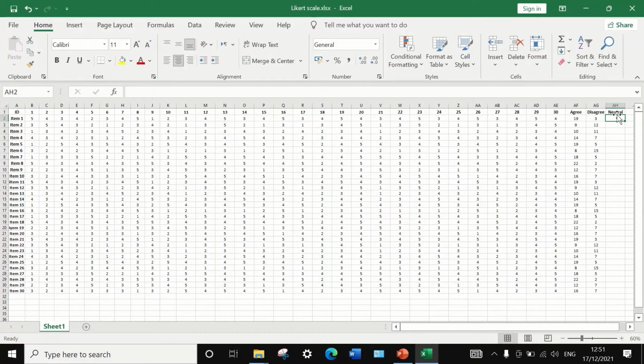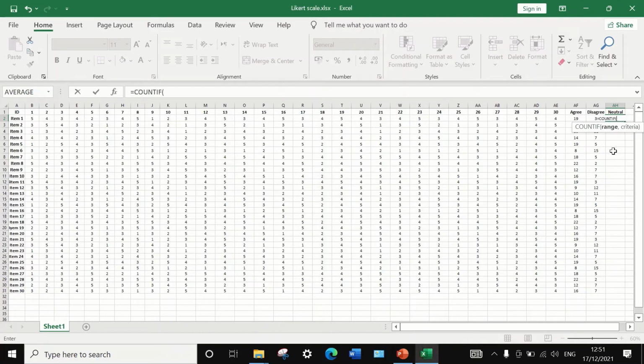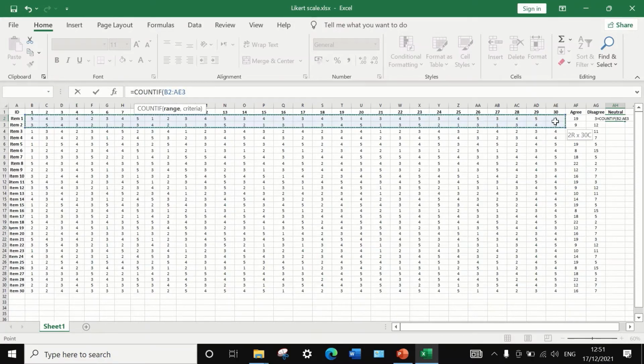In the cell, insert an equal sign, and then type count, and then select the count if function, and for the range, select the range from 1 to 30,